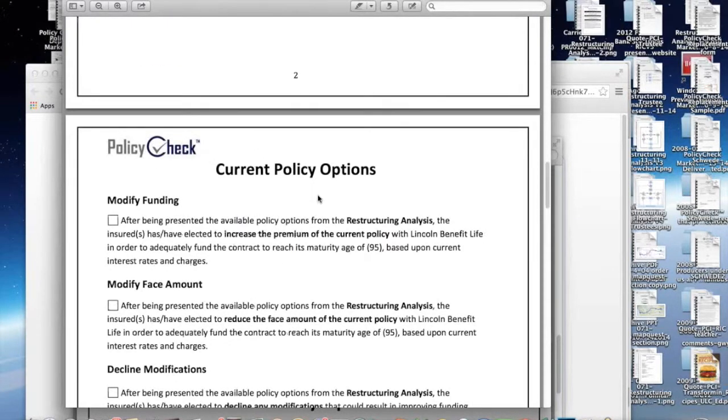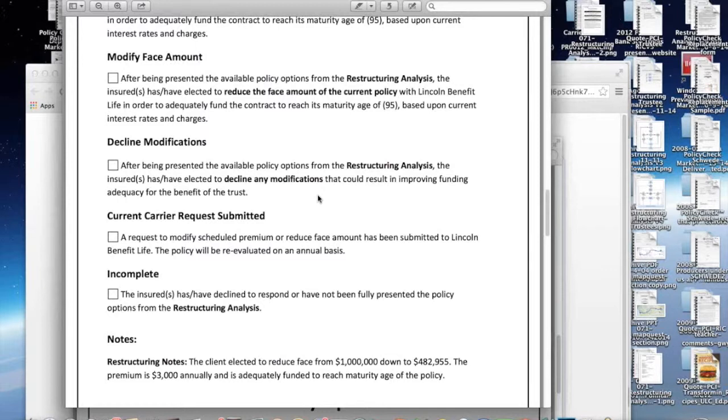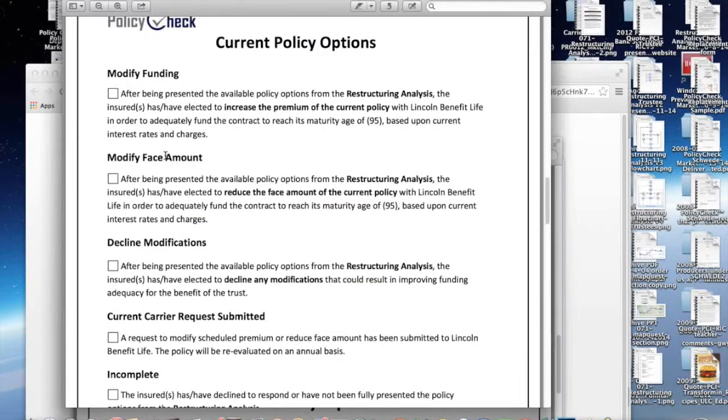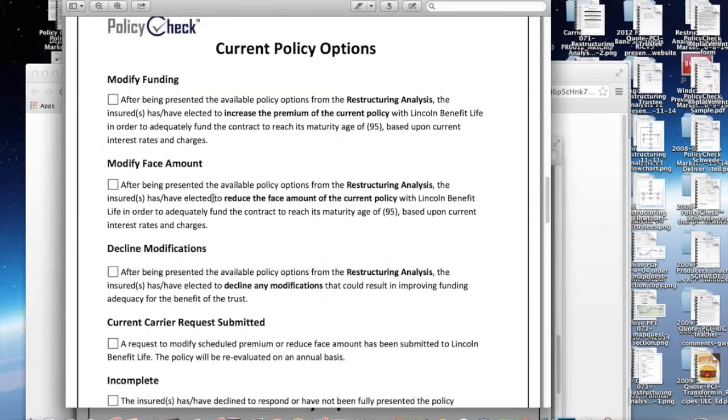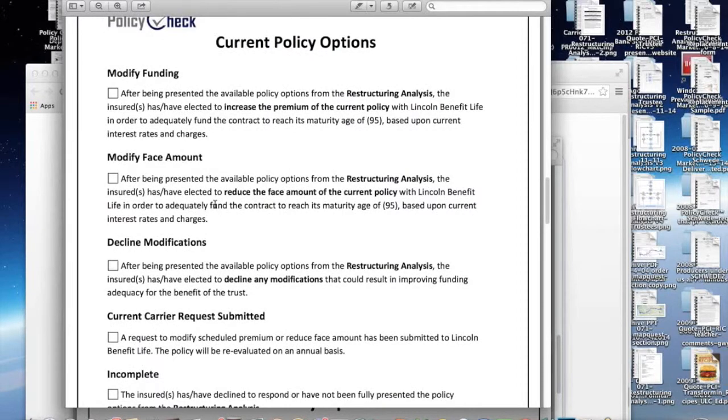Current policy options. Okay, because they decided to move with a new policy, none of these would be checked. If they were uninsurable, then we would have them either choose to modify funding or modify face or decline. After being presented the available policy options from the restructuring analysis, the insureds have elected to decline any modifications that could result in improving funding adequacy for the benefit of the trust. So basically, we want to force that card, because no decision is a decision, but we want to make sure that we're able to review the restructuring analysis with that insured